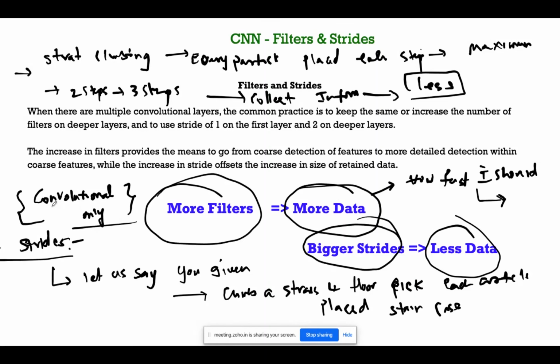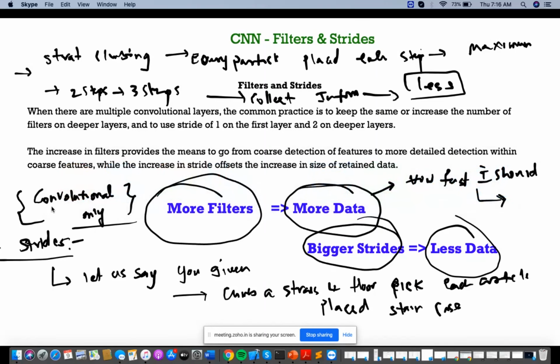Alright. Am I making sense? Stride. Anybody having doubts here? You can ask me. You can let me know your doubts.